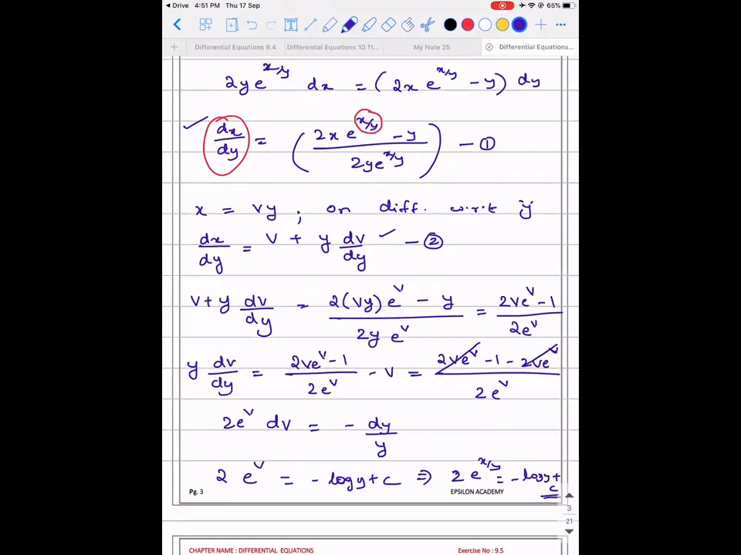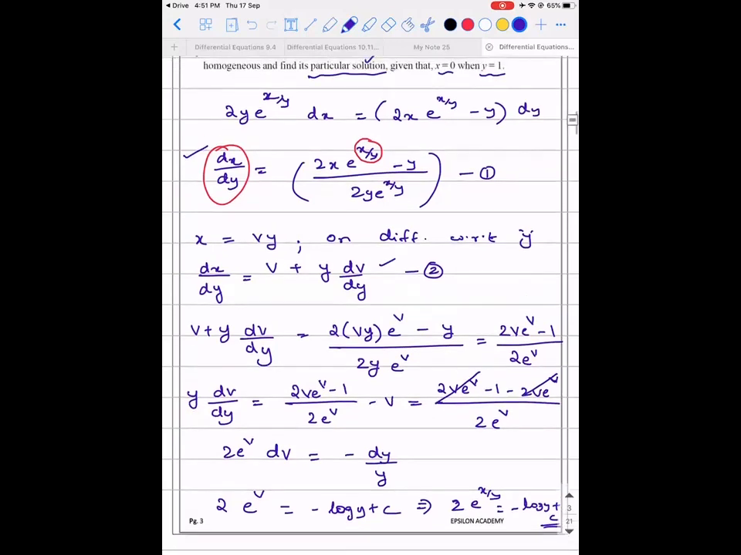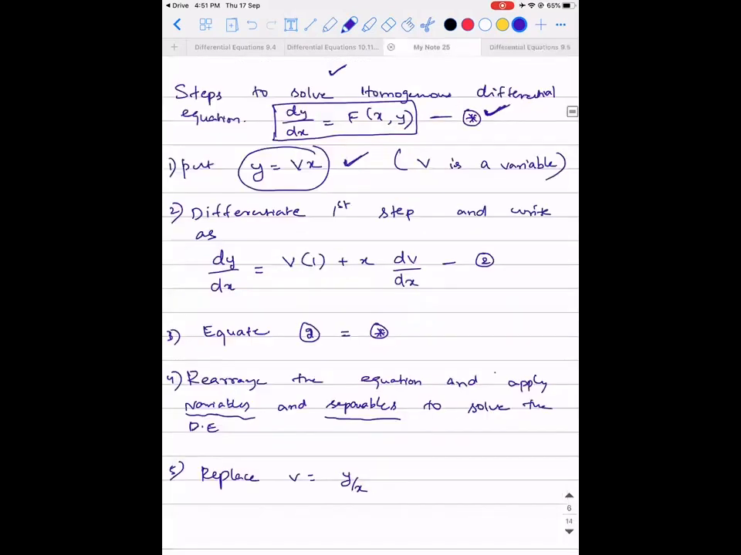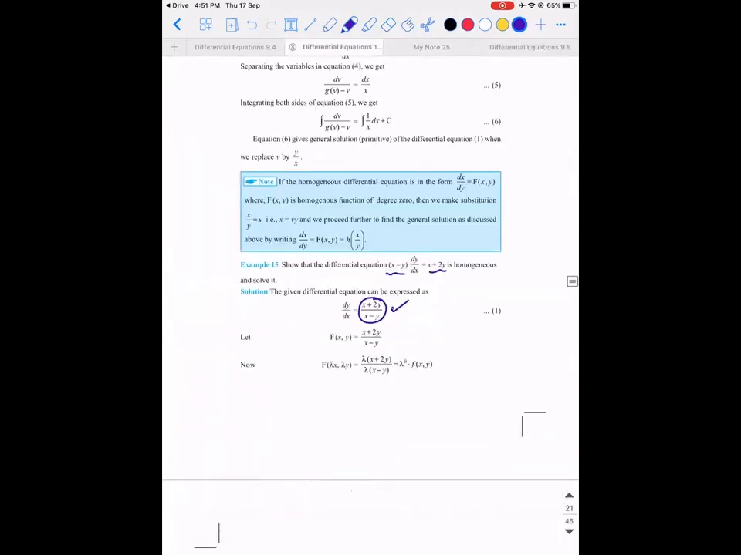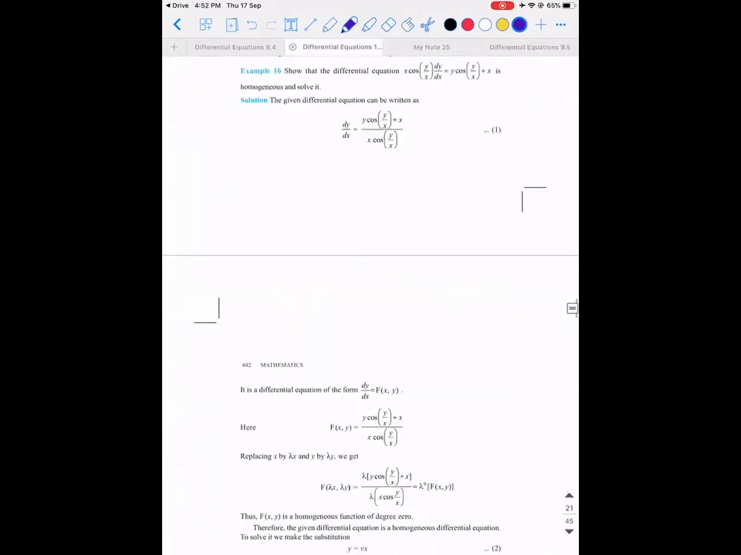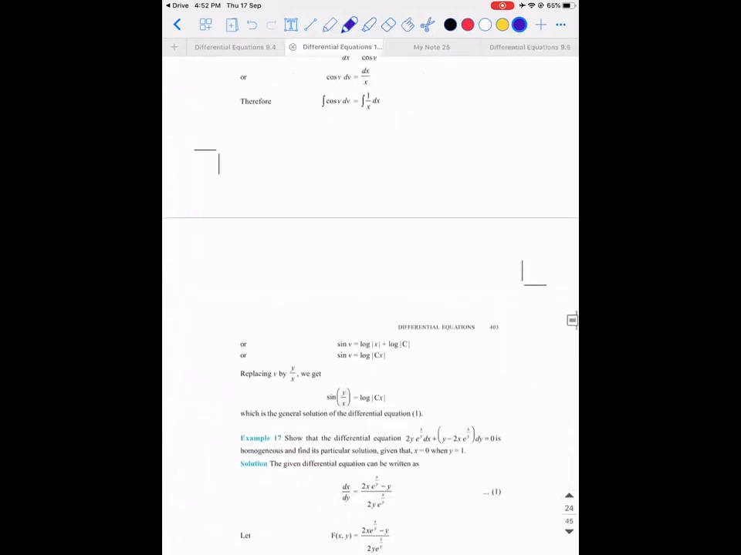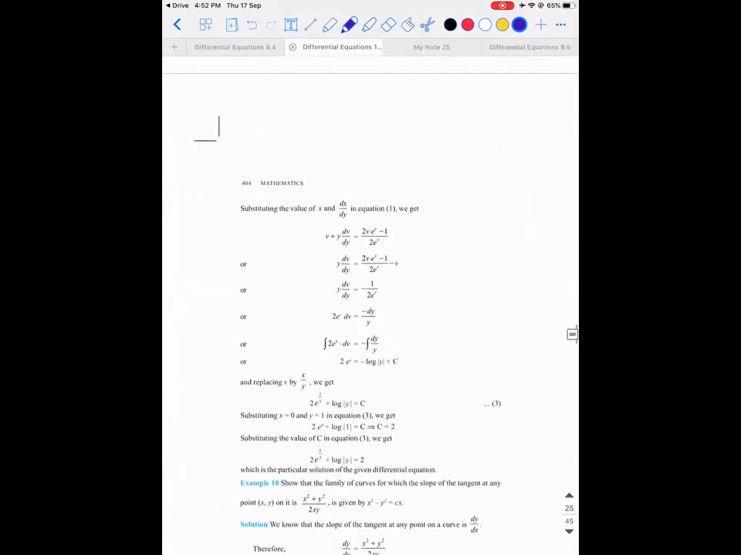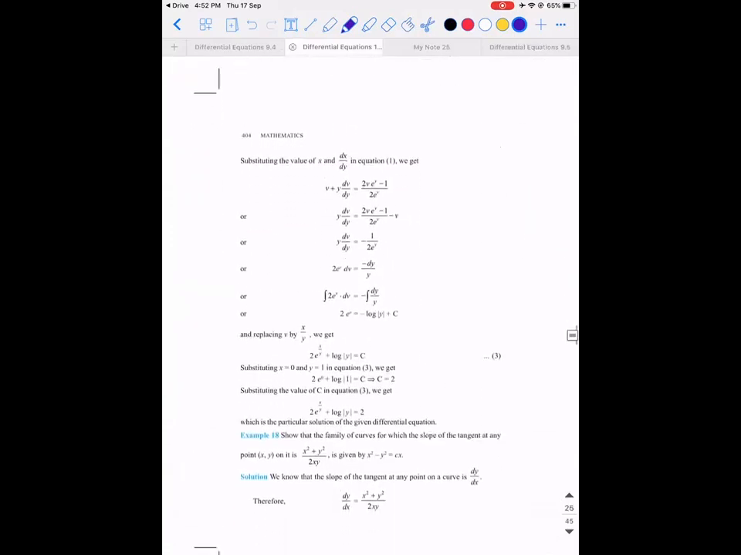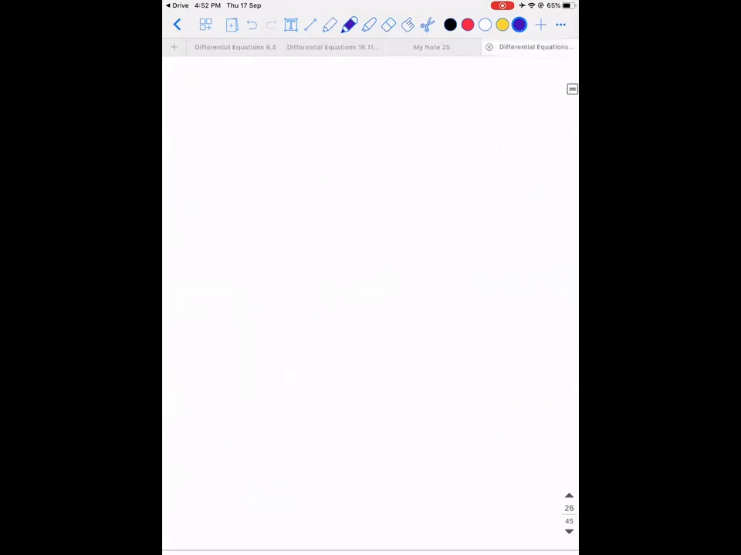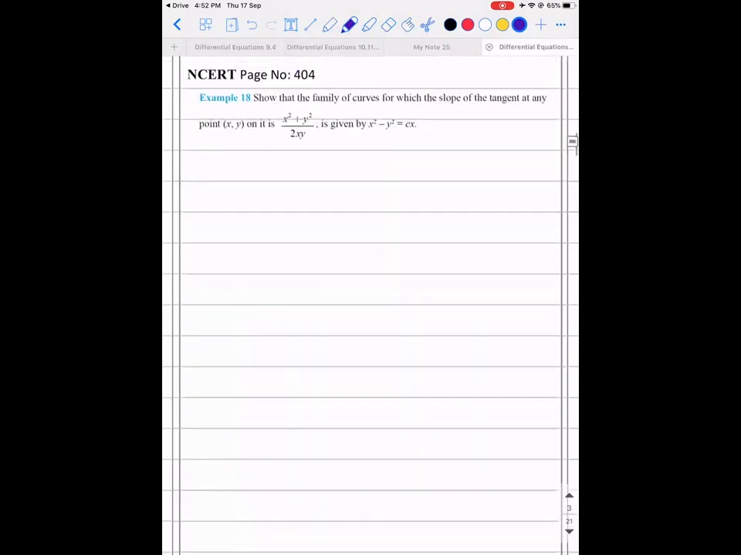Can someone check the answer in the textbook? It is 2 into e power x by y is equal to minus log y plus 2. Yes, sir. It's right. Yes, sir. Yeah, that's good. Okay. Next